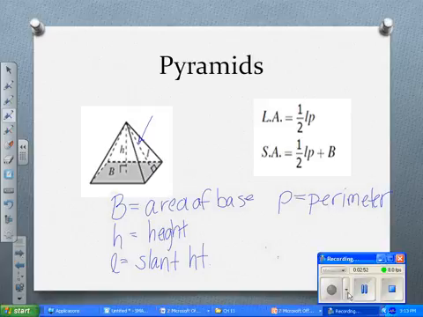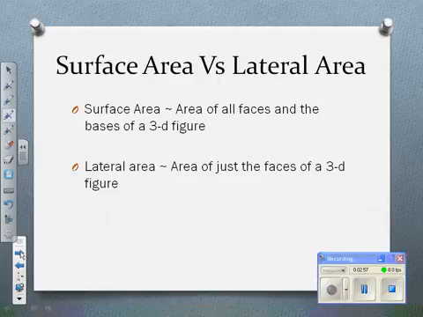All right, so what is the surface area versus the lateral area? Well, the surface area is just the area of all the faces and the bases of a 3D figure. So if you're going to wrap a present, you use surface area. If you're going to paint the outside of a cube, you use the surface area. The lateral area is the area of just the faces. So in a pyramid,